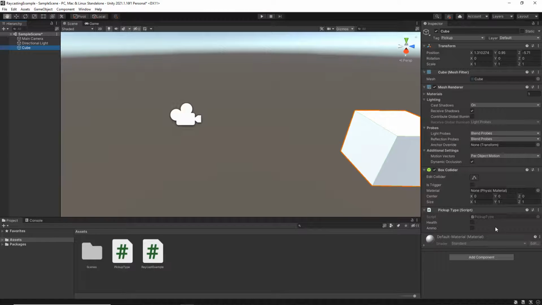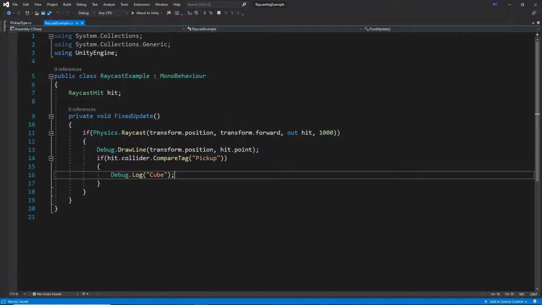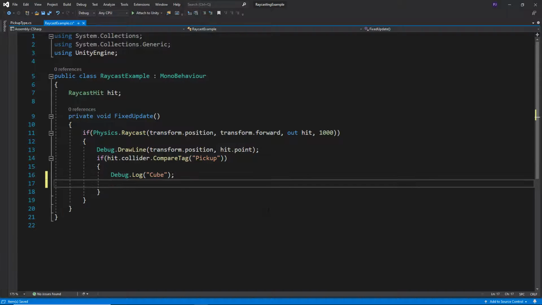So now I've got two checkboxes. So let's say that this is a health pickup, so I can click health. Now in my other script, my raycast example script, and if you haven't already created this, then obviously you can do the video previous to this that will show you how, or just copy this. What we want to do is get that component. So to do this, we're simply going to say